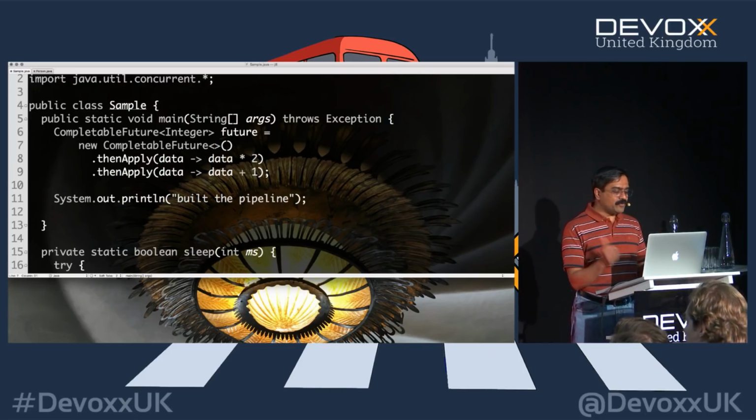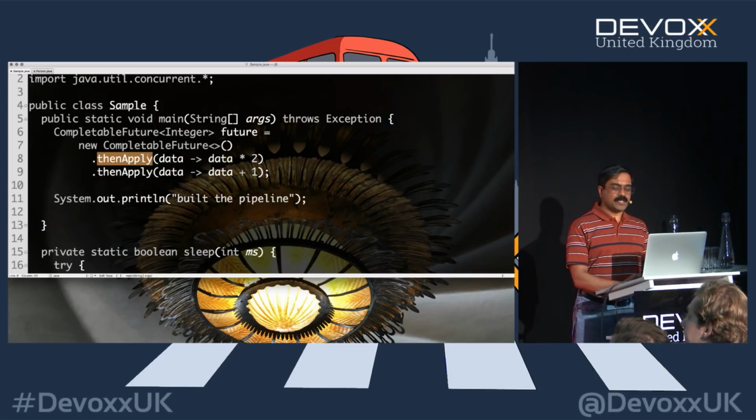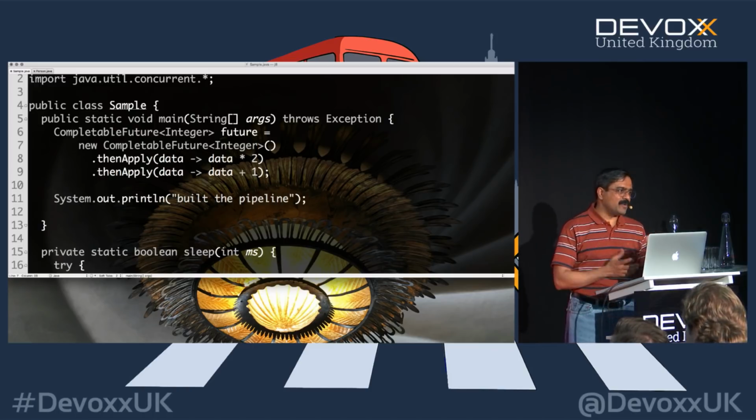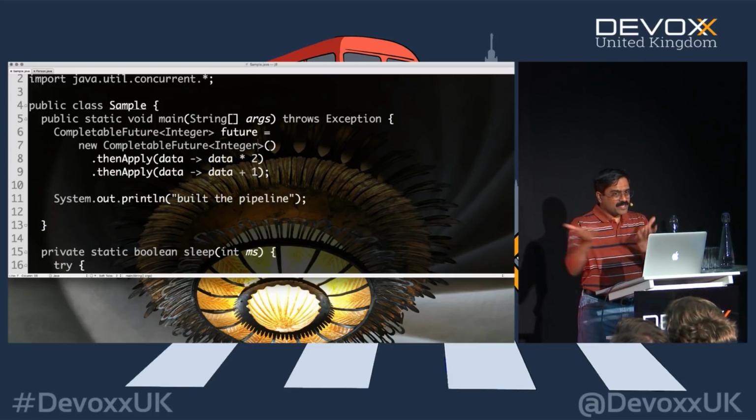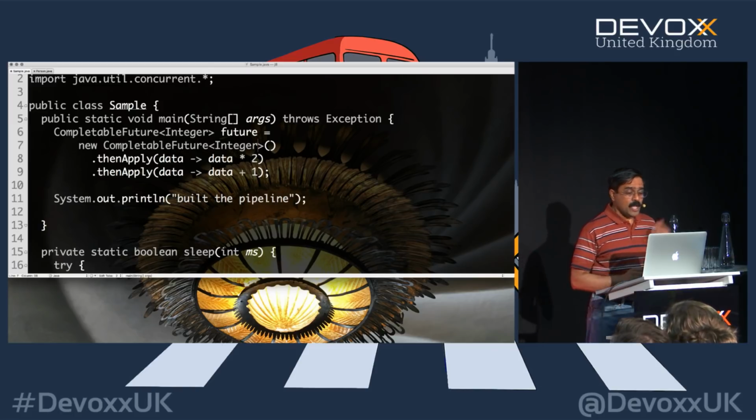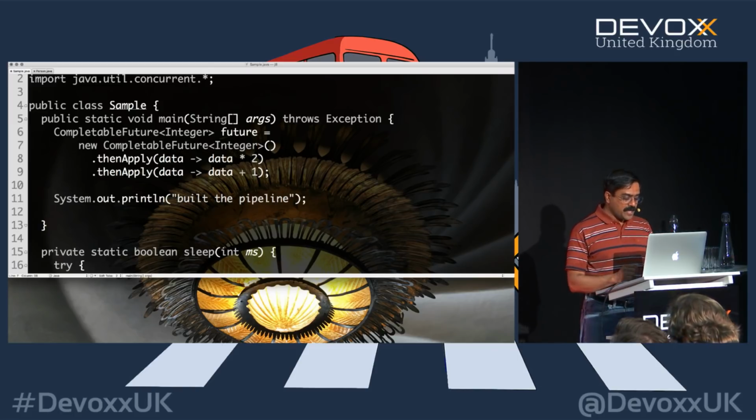I got to look at my surroundings to find it. And this guy is not very helpful. It says my type is the exact one as you give me. You're like, that's very helpful. Thank you. So I'll just go ahead and put the type in this. That's where the type inference really doesn't work, because there's not enough context to determine that. So now we said it's an integer and it says build the pipeline.